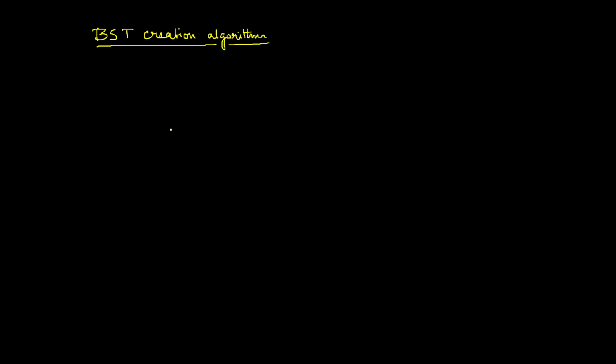To realize how the BST creation algorithm will work, let's take a very simple tree and some assumptions about the variable names. Suppose there is a tree where A is the root, and in the left side we have B, and in the right side we have C. There is nothing in the right of B, suppose, and C contains D, E, and F both.